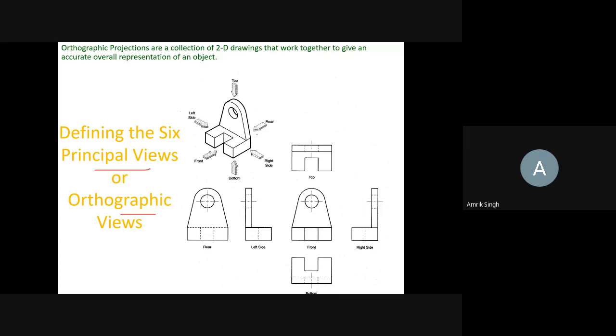So when you see from the front, it will look like this. When you see from the side, it will look like this. When you see from the other side, it will look like this. When you see from the rear, it will look like this. When you see from the top, it will look like this. And when you see from the bottom, so you imagine that this object is placed in the box, okay, which is made up of glass.